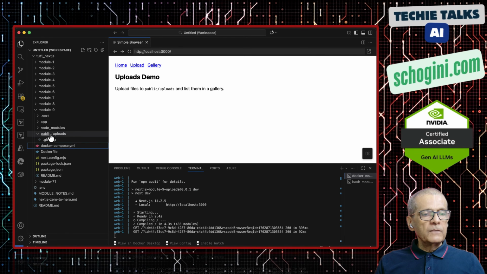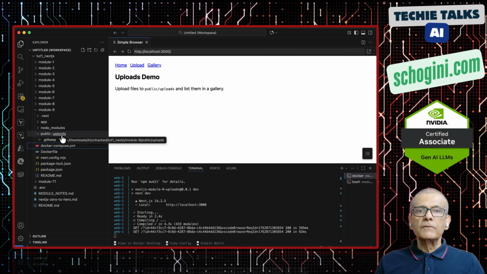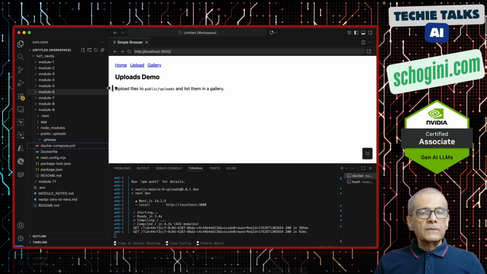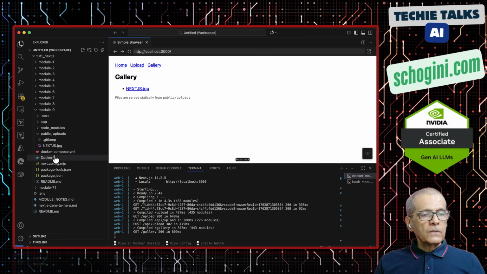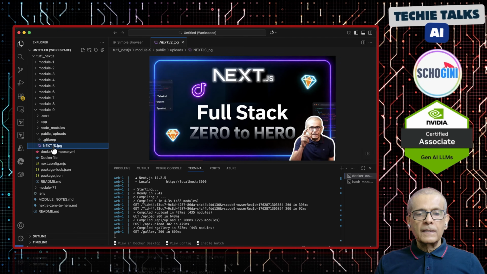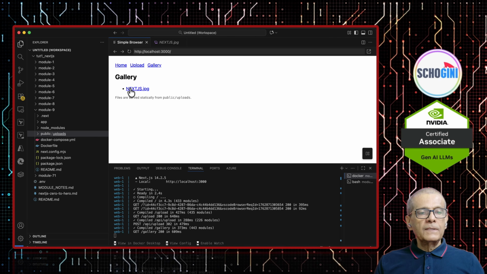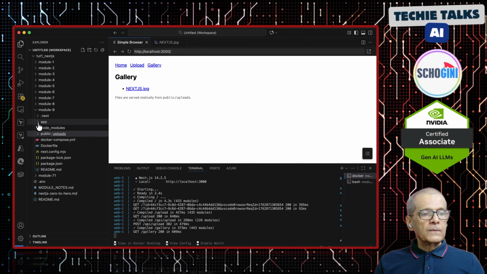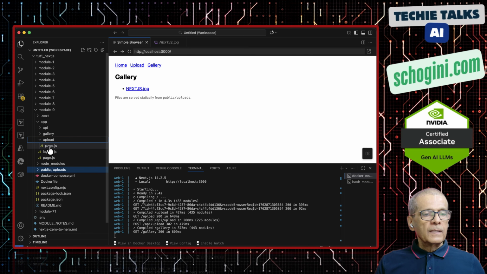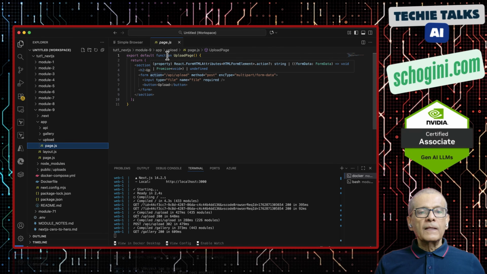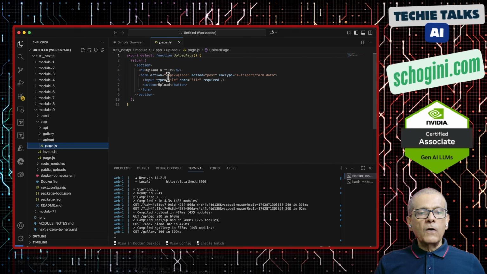So here we have a public folder, and inside public folder we have an uploads folder. So let's upload a file. Okay, so this file is uploaded. See here, we have the file listed as well. So let's look at the app. So here we have the upload folder, page.ts, and here the form action is